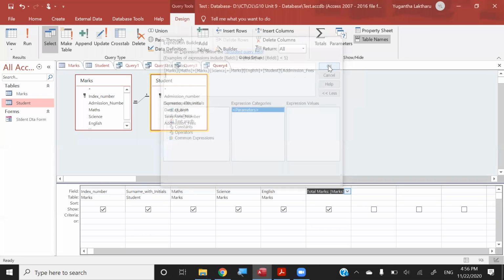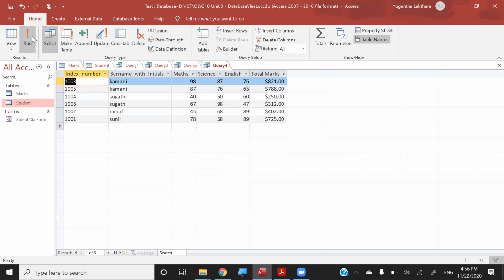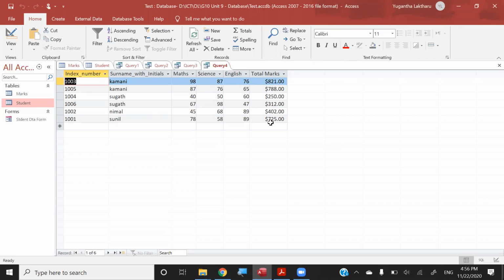right? So if you press OK and run this thing, see it will be something like in dollars. The admission fee එකත් එකතු වෙලා total marks උත් එකතු වෙලා we are going to have something,